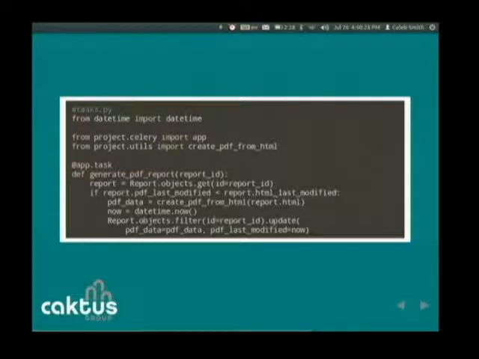Then this now equals datetime.now, we get the current time. And then in the last moment, we update the report so that it has the new PDF data, but also it has this new time. By doing the last modified, now if this task gets kicked off in parallel, our code will do the correct